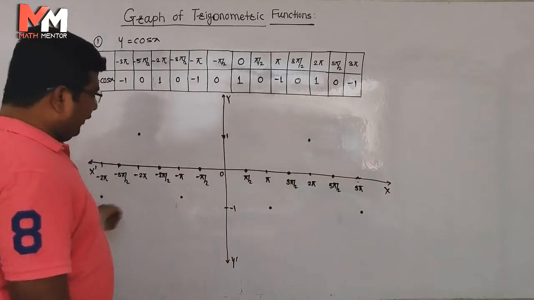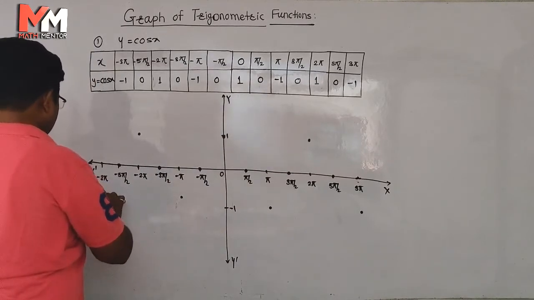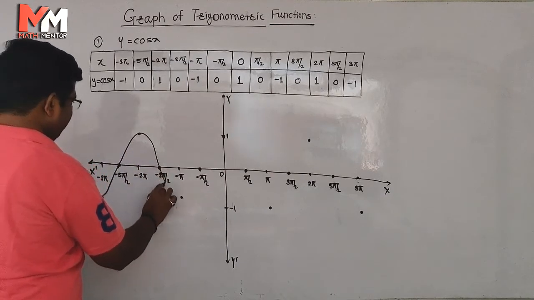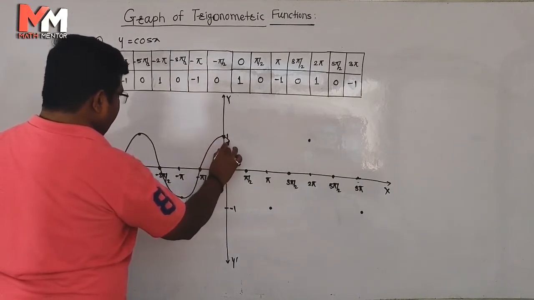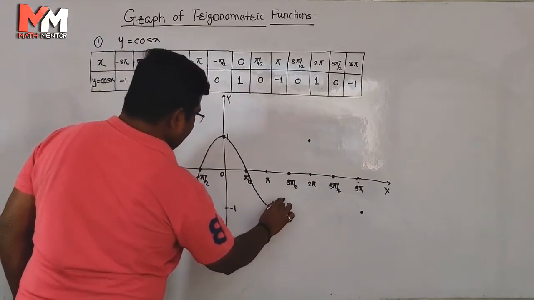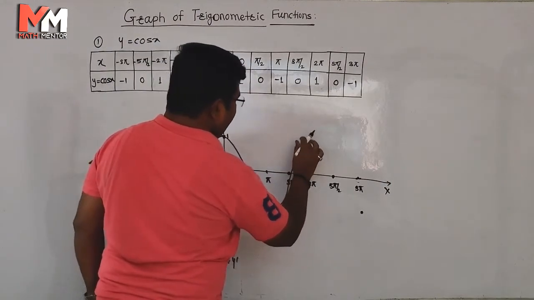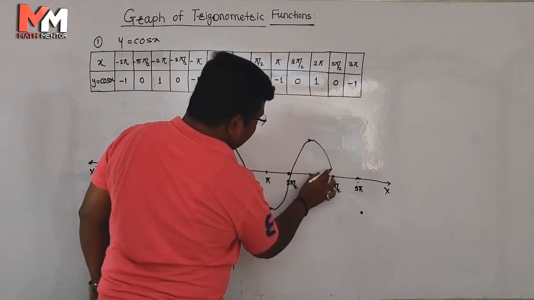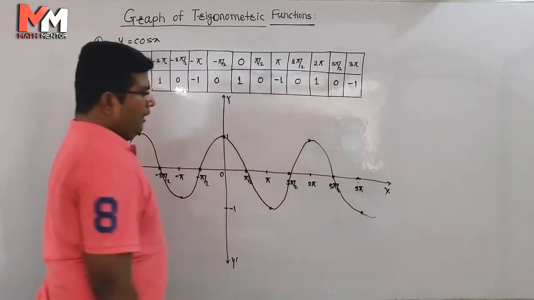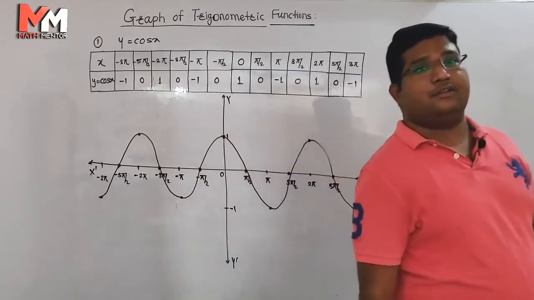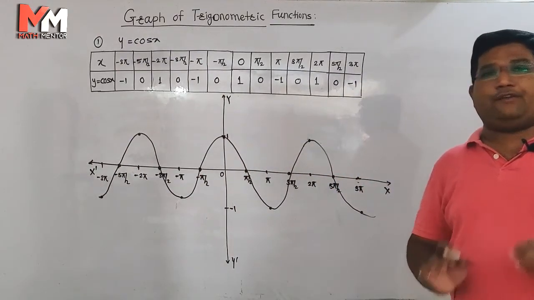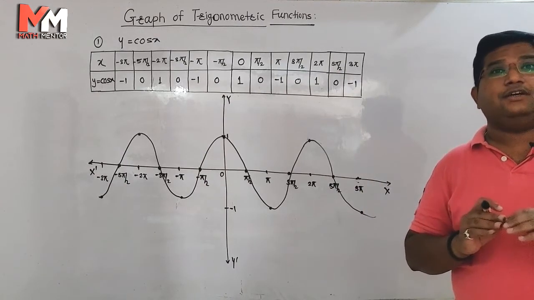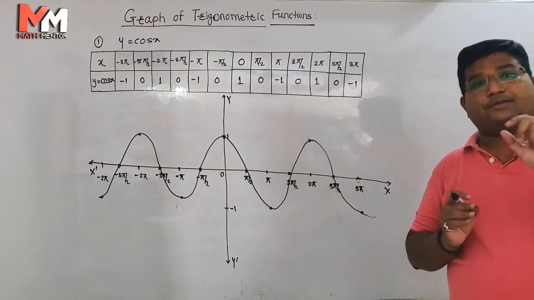Just we have to connect these points. You will get the curve of the, यहाँ से हम connect करेंगे. So this becomes the curve of cos x. Very simple and interesting to draw the curve of trigonometric function. And by using this graph, we can remember the domain and range of the trigonometric function forever. Because the geometrical interpretation is very easy to understand, and it has a life. It becomes forever knowledge.